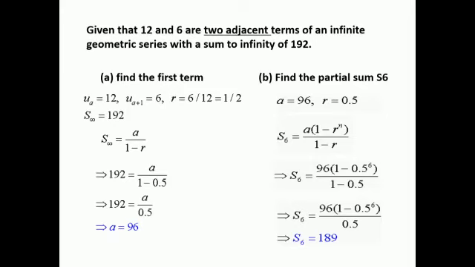Okay, in this question, it's a little tricky. So, from the condition, we find r, okay, and using the sum of infinity and r, we find out a, the first term. And go for the second one, this is the sum of a series. So, we have to use the sum of series formula and write.